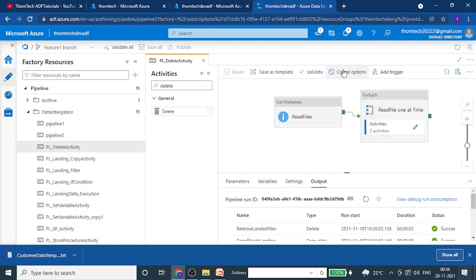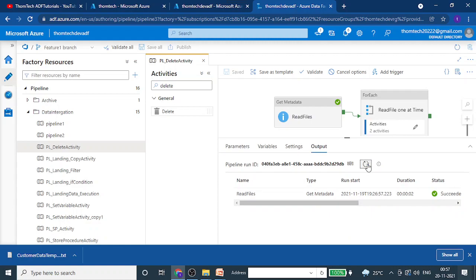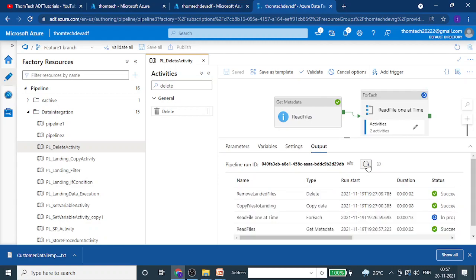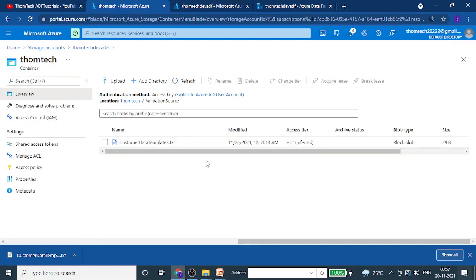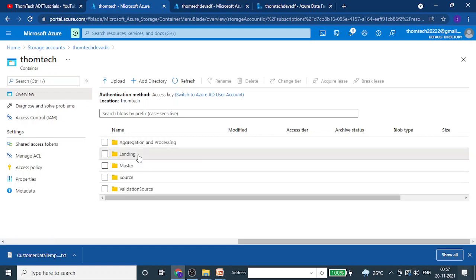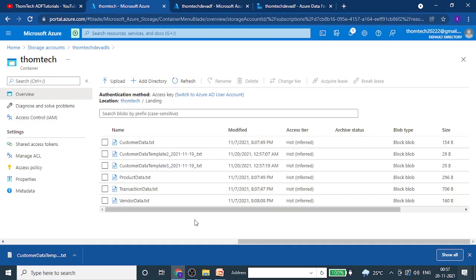So guys, you have to be very careful when you are writing such expressions, because there might be some sort of syntax error that we need to find out. So that's why we have to go step by step. Okay, so let's open this, let it execute. Let's see what has happened. Okay, it has taken one file and it has moved to the landing zone. Let's go to the landing zone and check. By the time, the second file will also be processed. Let's click on the container, click on the landing. Now see, both the files have landed.